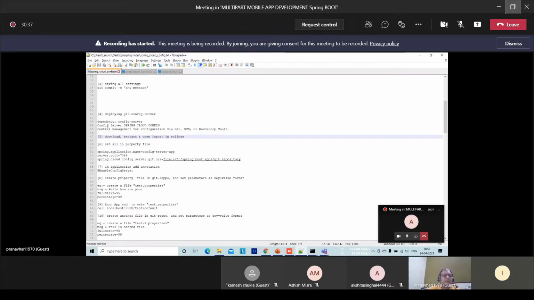What dependency is required? It requires only one dependency, that is the config server cloud dependency. Spring Cloud Config dependencies it needs for server configuration.